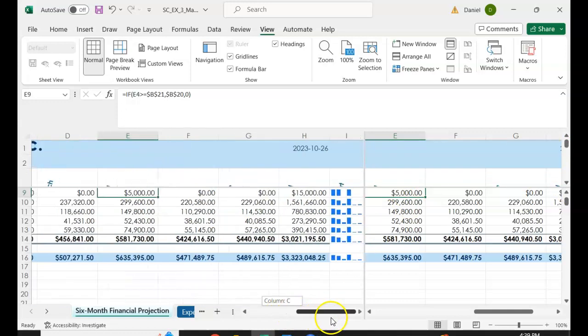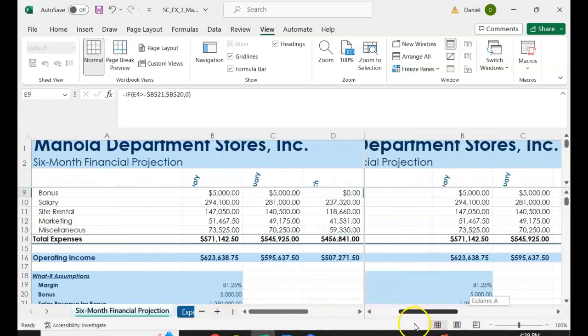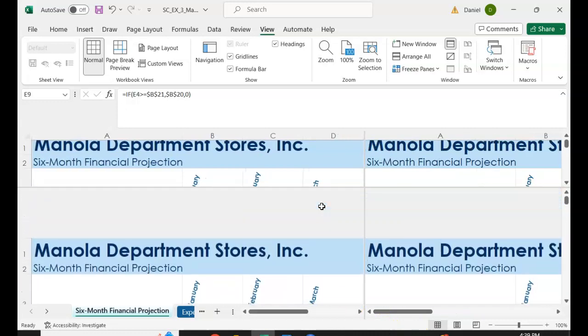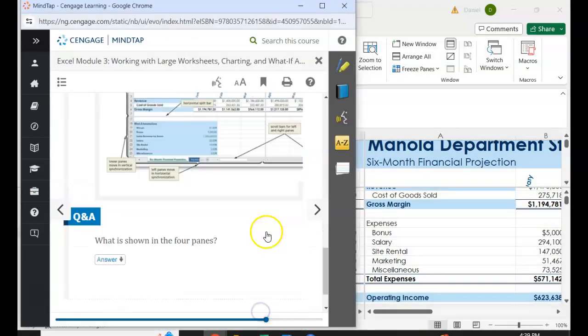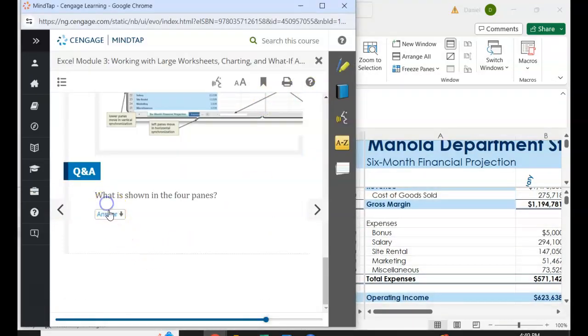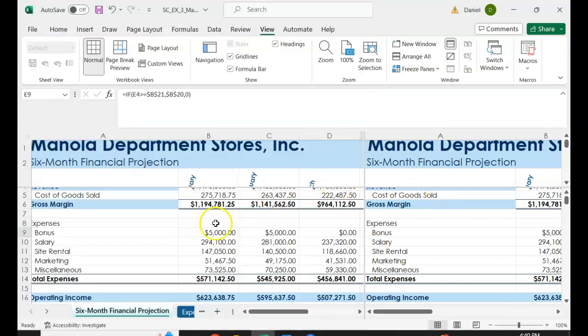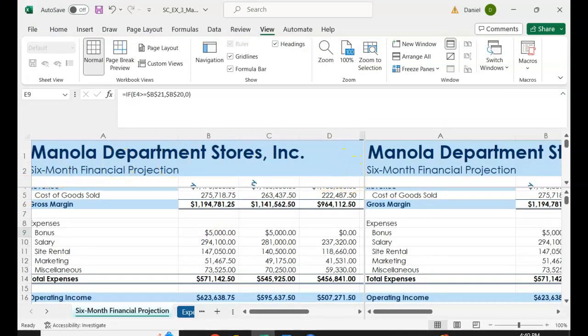So it's just a different way to move around and be able to see more than one thing at a time, dividing it into panes. So A1 through D7 should be in the upper left. So A1 through D7. And it looks like this pane,